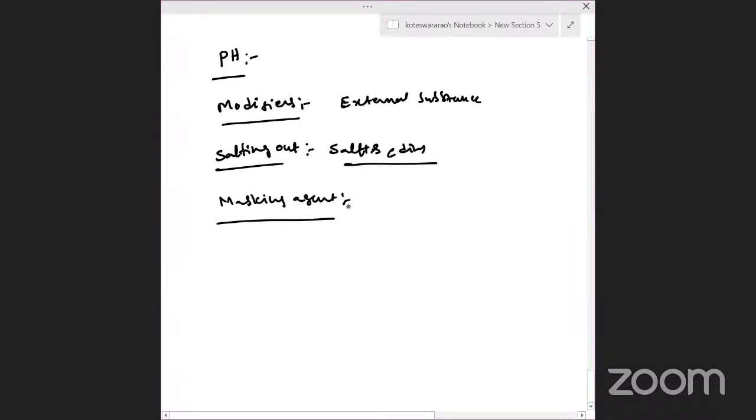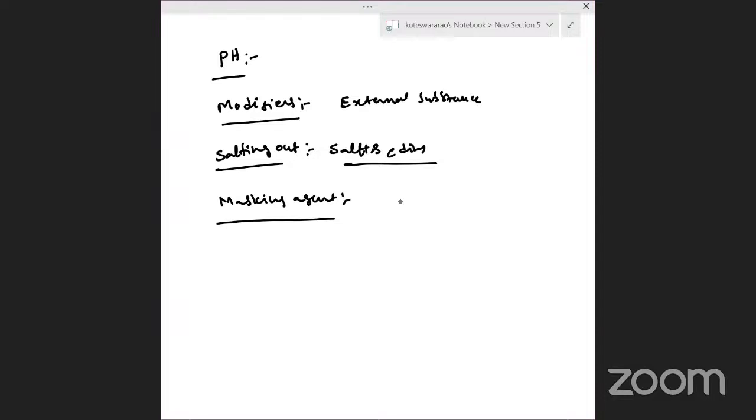A masking agent is an external compound or substance which is added to the solution mixture, and which interacts with interfering material or impurities in a sample solution. After interacting with the sample solution, whatever impurities are present in it are prevented from getting extracted. This process increases the selectivity of the extraction process and reduces the undesirable material from